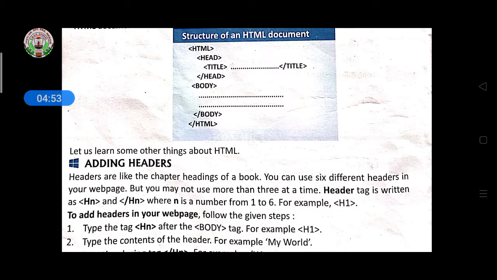Then after completing the head tag, start a body tag. It means there you have to write the program. By default the browser web page is white. If you want to change that white color into pink, or write something on that particular page, all the coding will be written under the body open tag and body end tag. Then close the body tag and end the HTML tag.